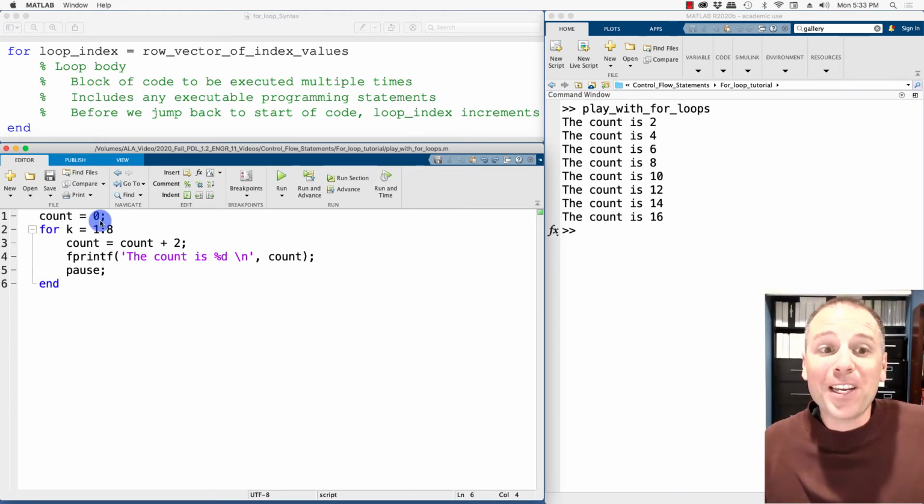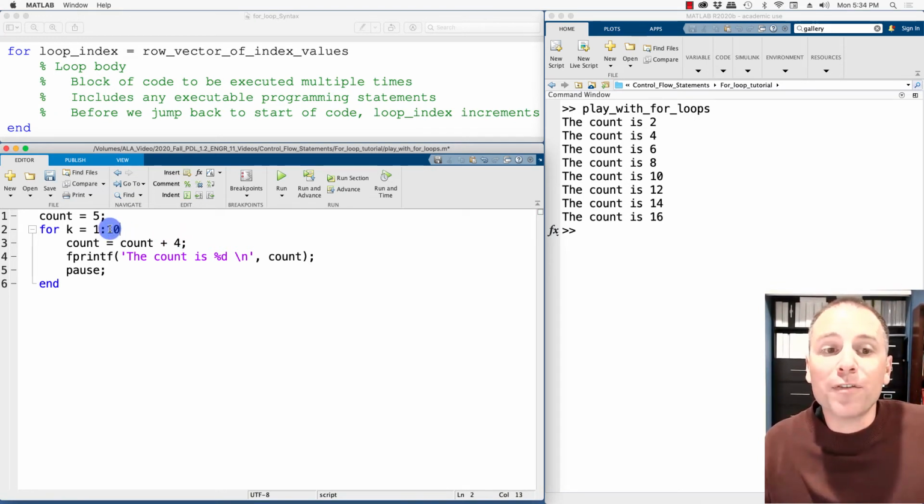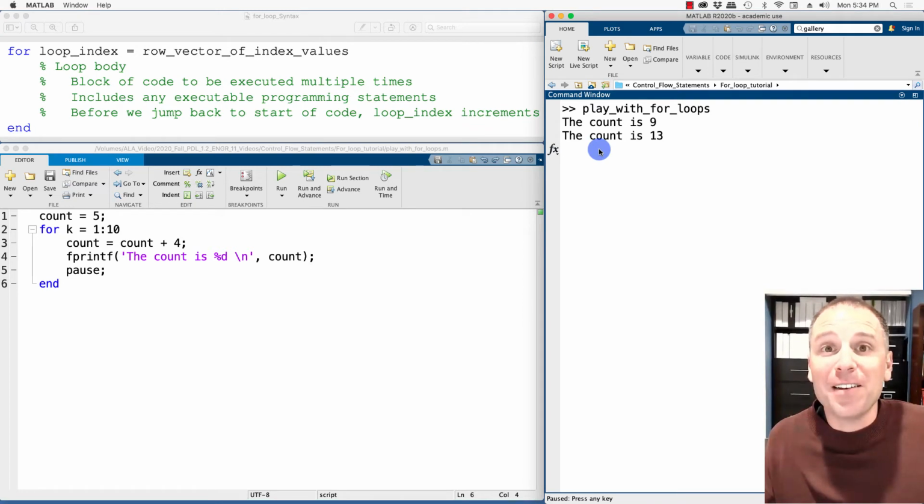Yet a third thing that we could do is start at a non-zero value. So suppose we wanted to start at 5 and go up by 4. Moreover, imagine we wanted to do this a total of 10 times. Well, remember, if we add 4 to itself 10 times, that would be 40. But my initial starting value is 5. So my guess is after 10 iterations of this loop, the value of the variable count should be 45. Let's go ahead and check this by running it. So the first iteration, count is going to go from 5 to 9 because I added 4 to 5. Second iteration goes to 13, 4, 4.